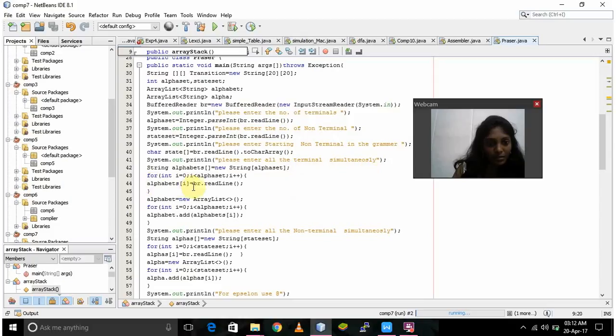For loop print i is equal to 0 and i less than alpha set i integer, and for loop input integer i is equal to 0 and i less than alpha set and i increment and input please enter all the non-terminals simultaneously. Then string alphas and for loop condition int i is equal to 0 and i less than state set i increment alpha of i and for new array list and